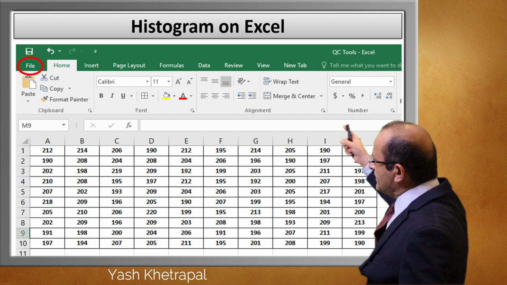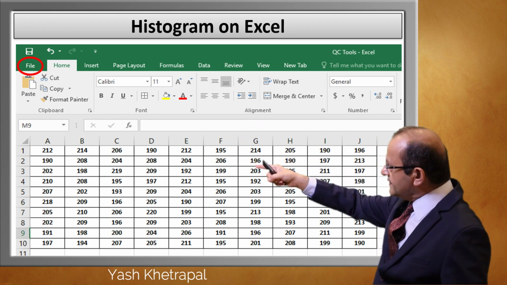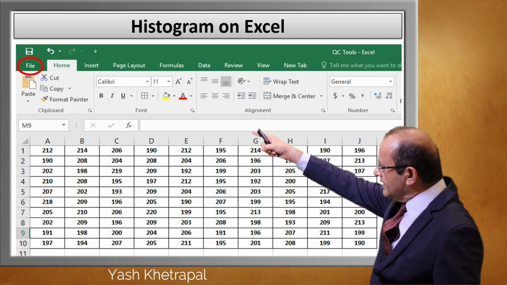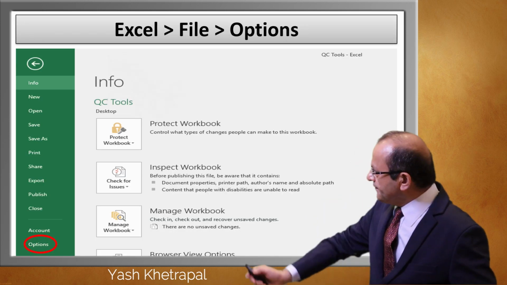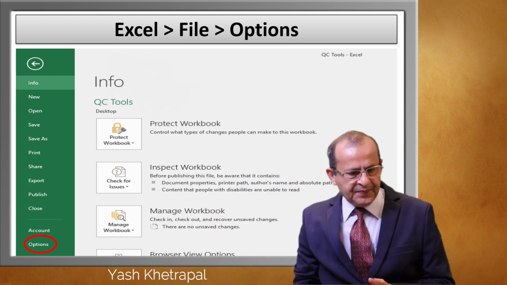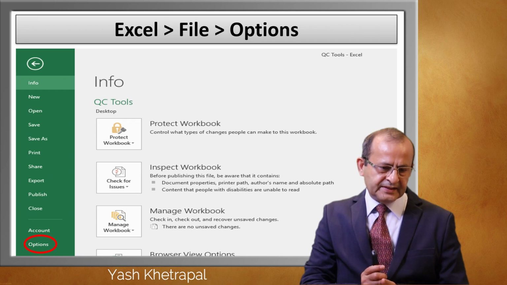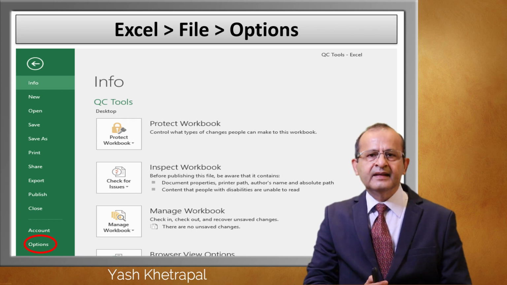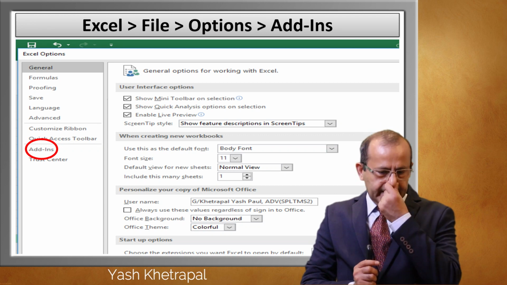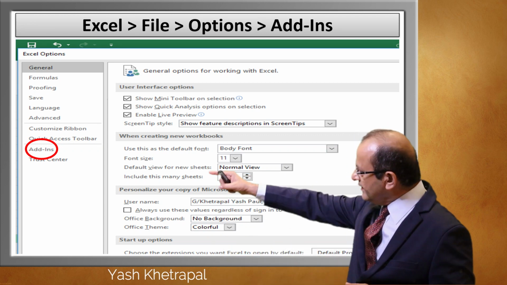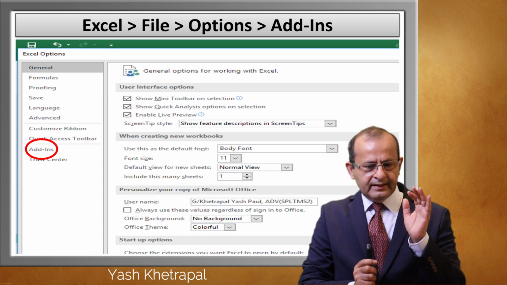Look at the ribbon commands. In the corner you find File, circled in red. Go to File. Once you go to File, there are multiple menus. In that, next is Options. Press Options, then you get Add-ins. Again, look at the next circle. Click Add-ins.